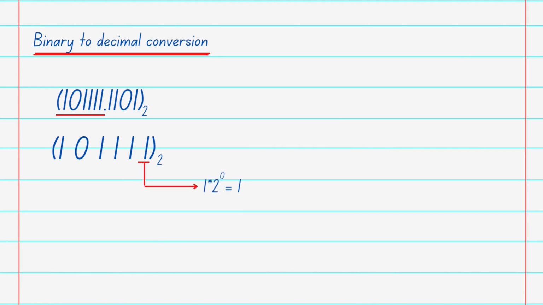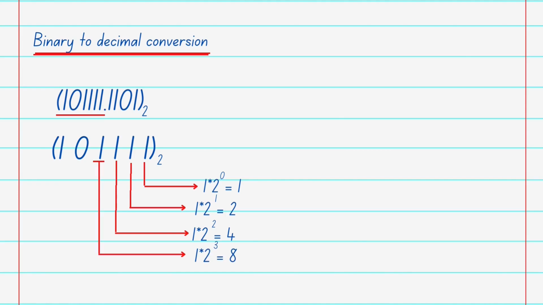So the rightmost digit here is 1. So we will write down 1 into 2 raised to power 0 as its weight. We will multiply weights by the given digit. Again, the second digit is 1. So we will write down 1 into 2 raised to power 1 and get the answer 2. The third digit is again 1. So we will write down 1 into 2 raised to power 2, which gives the result 4. The fourth digit is 1, so we will write down 1 into 2 raised to power 3, the result we will get